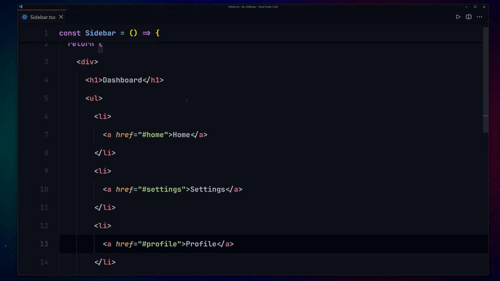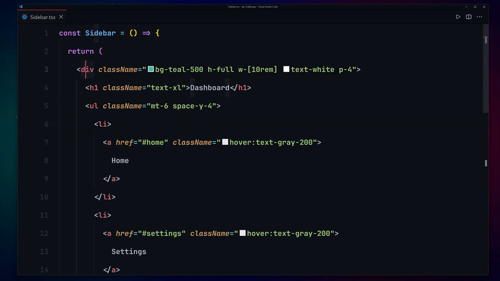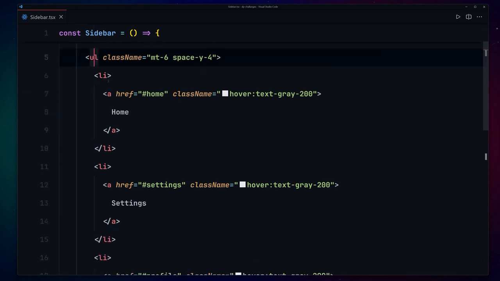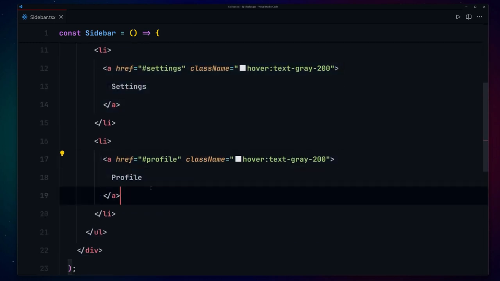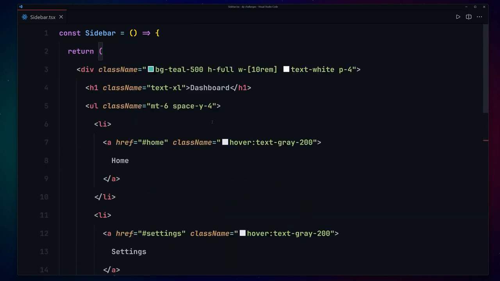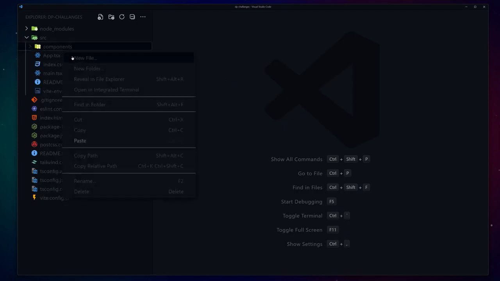I'm going to go back, and here now I'm going to provide a lot of styling to them, and these are all the styling that you also have to provide. So here you can see this is how we are going to be providing our styling for the div, then for the h1, UL, and then for the anchor tag, and for the anchor tag again and again. So that's also totally done. Now let me also close this sidebar. Next we have to create our content component. So I'll just create my